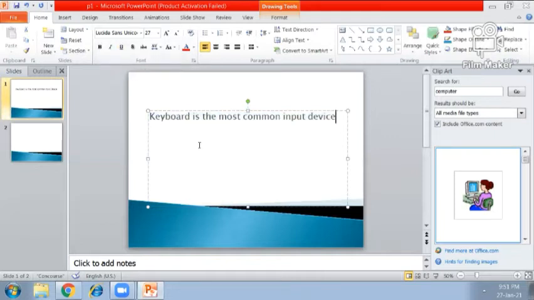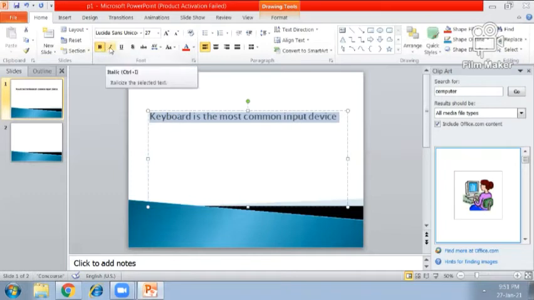I hope everything is clear to you. Again, I am going to tell you, select the text. B button is used to bold the text and I is used to italic the text and U is used to provide underline below the selected text. Children, always remember that selection is very important to do any operation on the text.